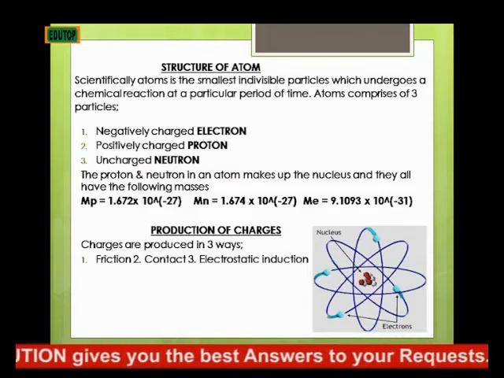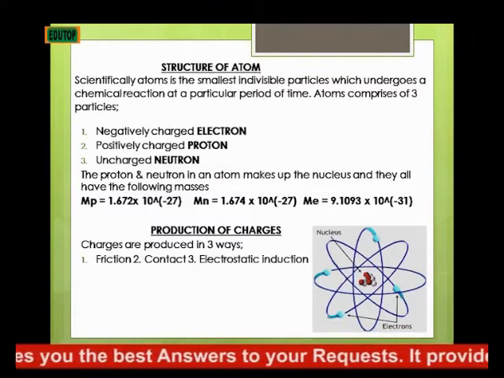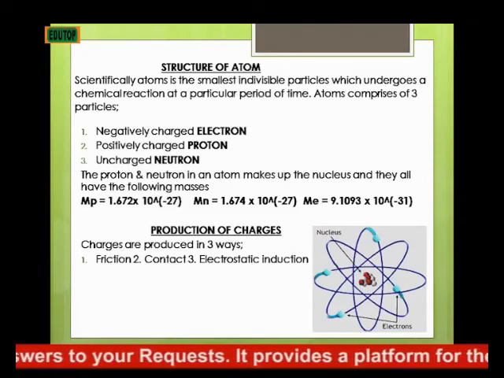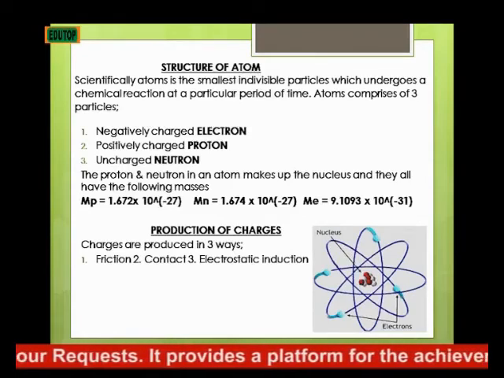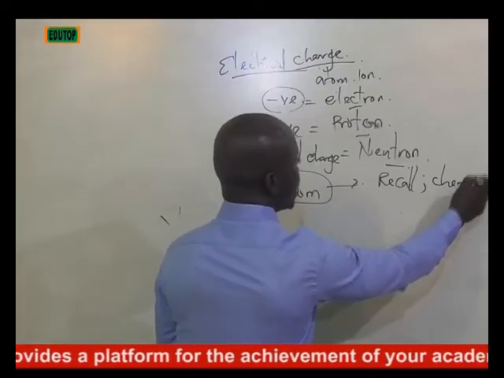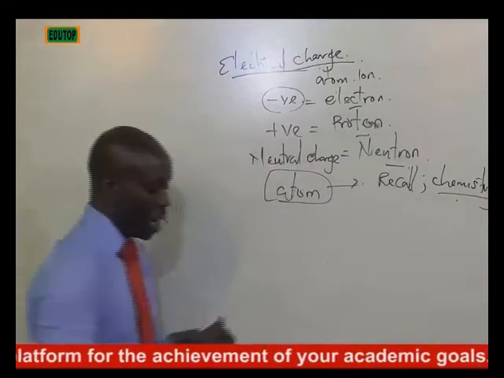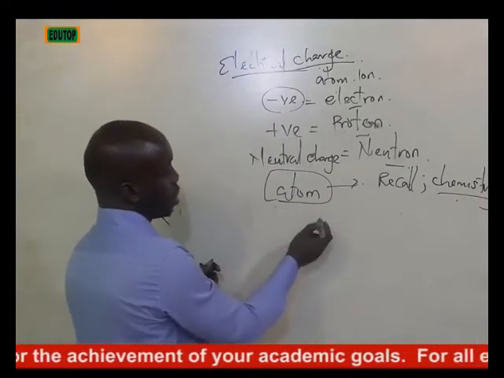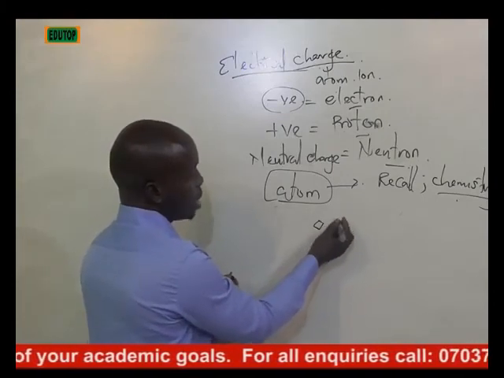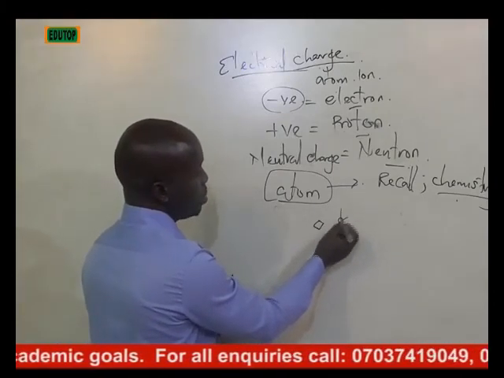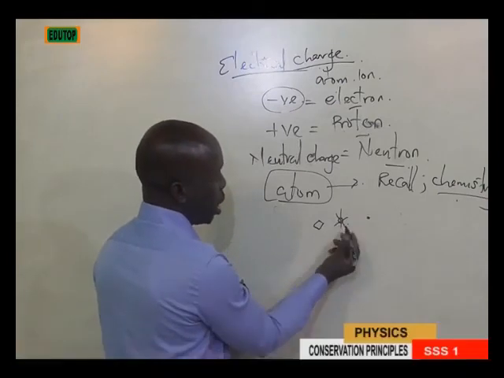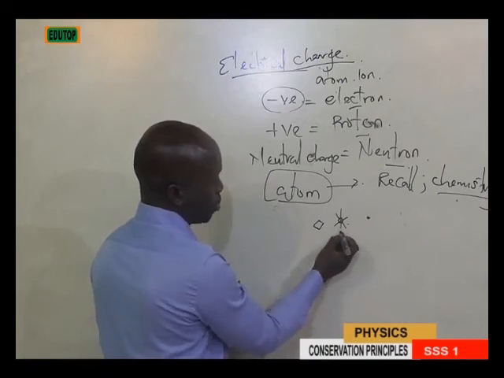So if you look at it very well from the statement, we say scientifically, atom is the smallest indivisible particle which undergoes a chemical reaction at a particular period of time. What do I mean? That statement actually talks about the real definition of what? Atom. If you recall from the definition in chemistry, what is an atom? An atom is the smallest indivisible particle, meaning that if you take a piece of stone or whatever, no matter how minute it is, by the time you keep dividing, the point where you get to, these are fractals, these are